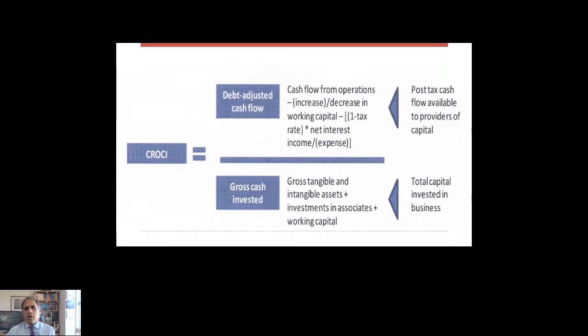Surely Croci is backward looking, so not necessarily a good indicator of current ability to generate cash. Yeah, everything's backward looking unless you've got a time machine. What it does tell me is a company's ability to generate cash. They've got some infrastructure which allows them to generate cash more efficiently than other companies. It's often a criticism of investing generally that you're always backward looking. Yes, you are. So let's look at the ability of a company to generate cash. It can generate cash, but does that mean it can do it into the future?